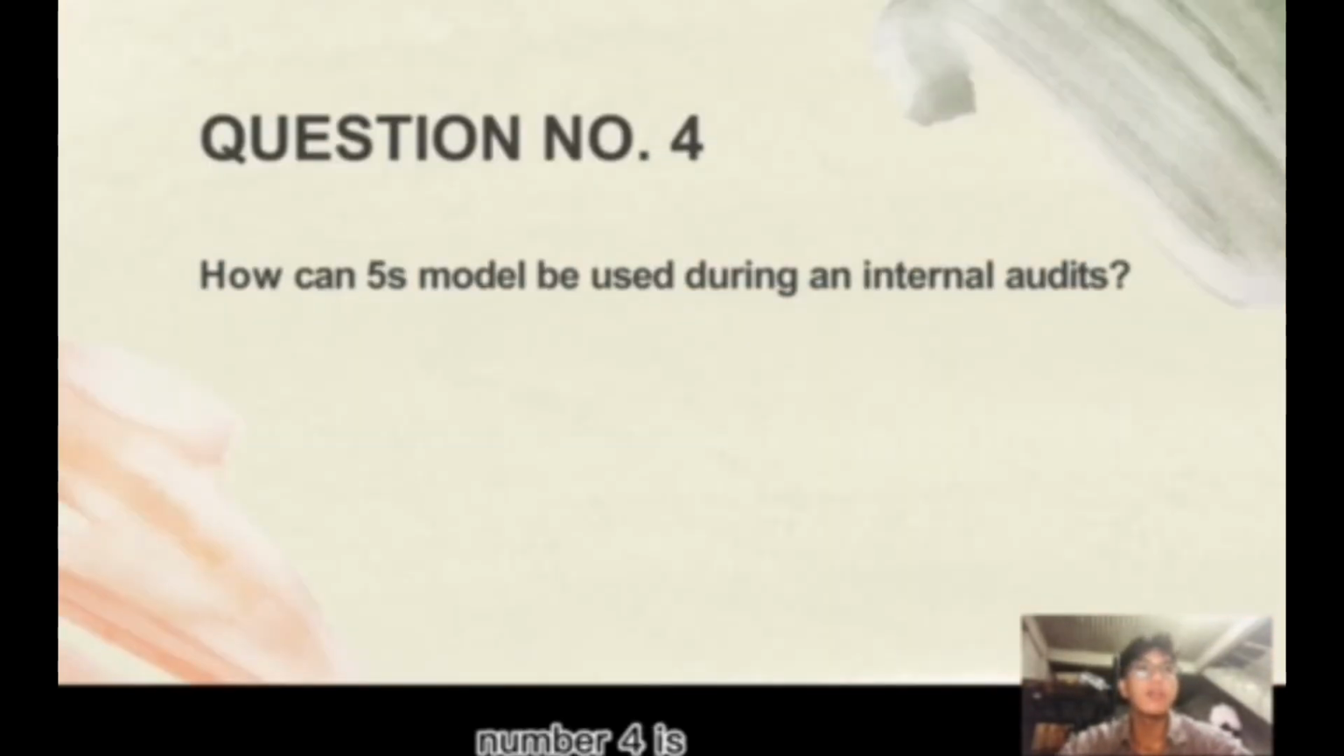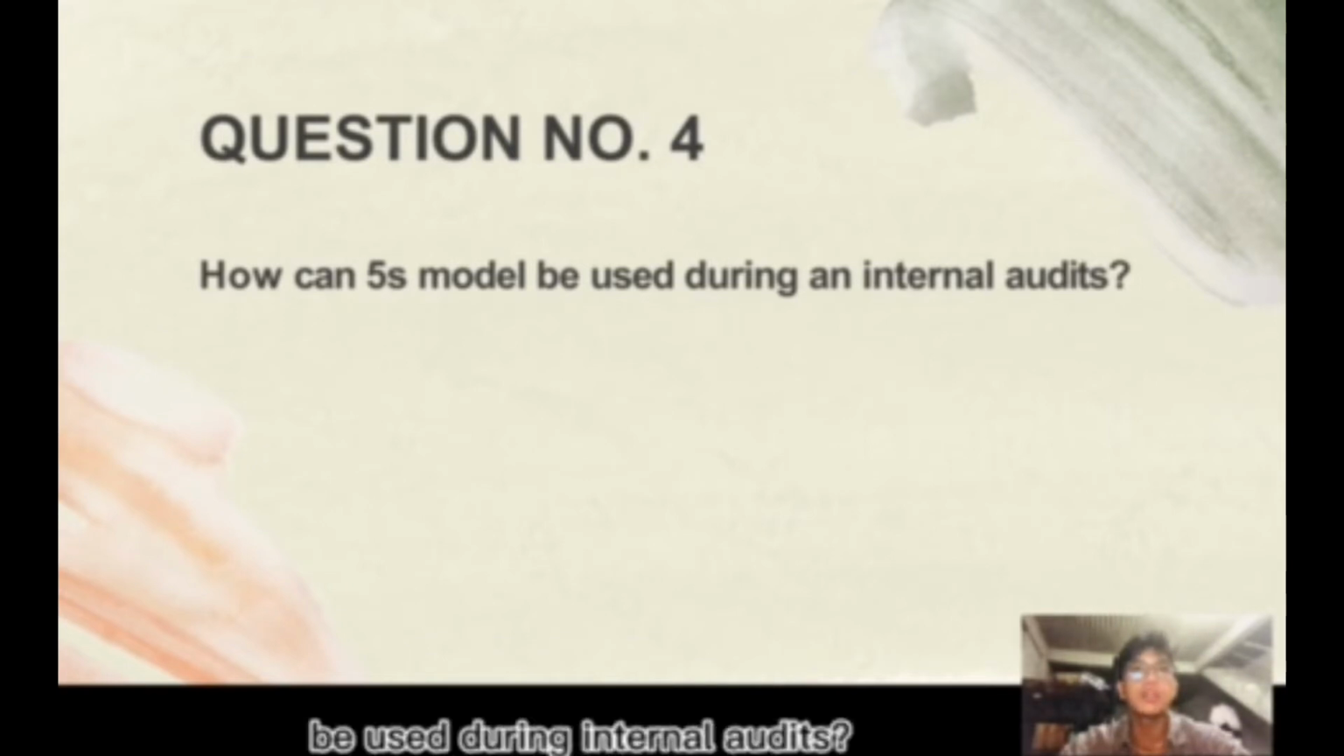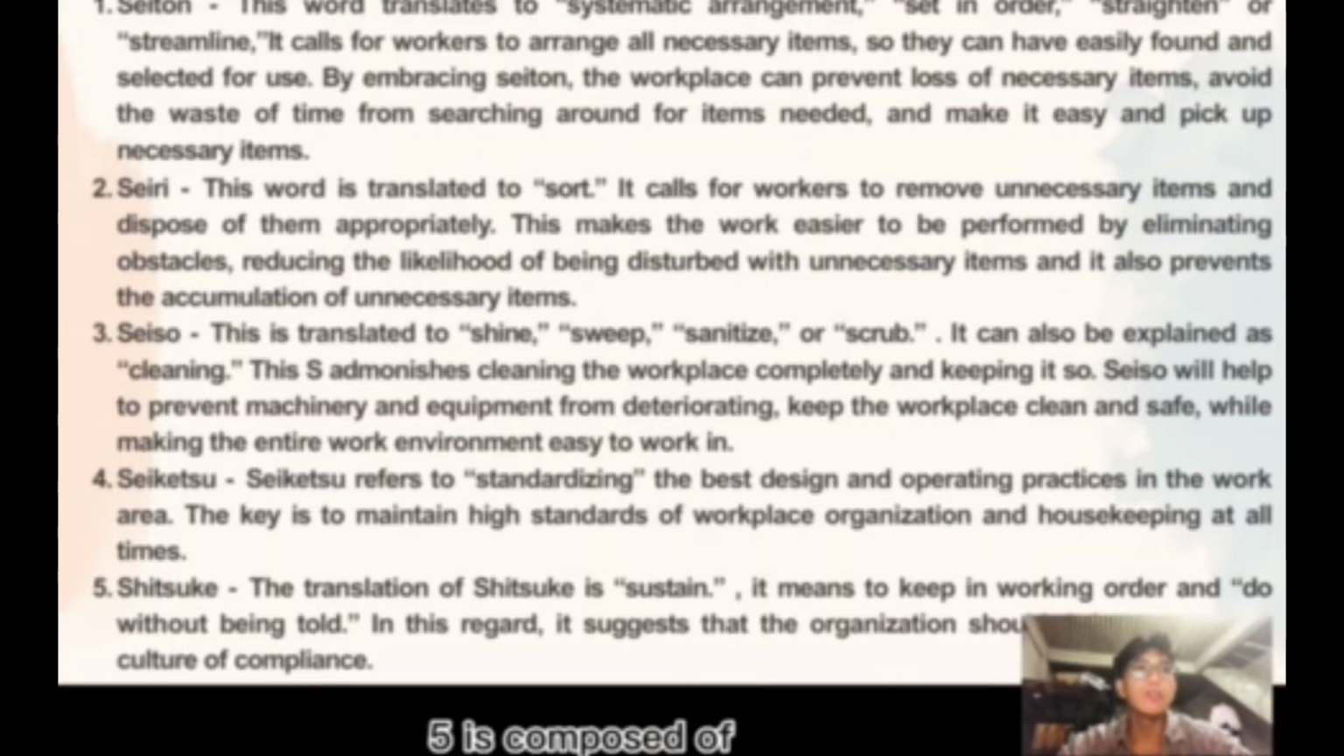Next, question number 4: how can the 5S model be used during internal audits? 5S is composed of Seiton, set in order; Seiri, sort; Seiso, shine; Seiketsu, standardize; and Shitsuke, sustain. The primary goal of 5S is to minimize waste and improve efficiency, thus reducing manufacturing costs while increasing productivity, safety,